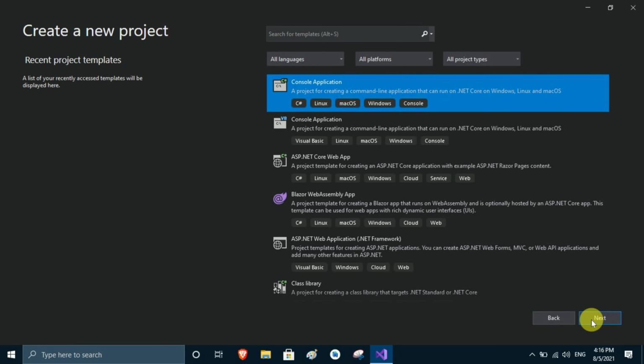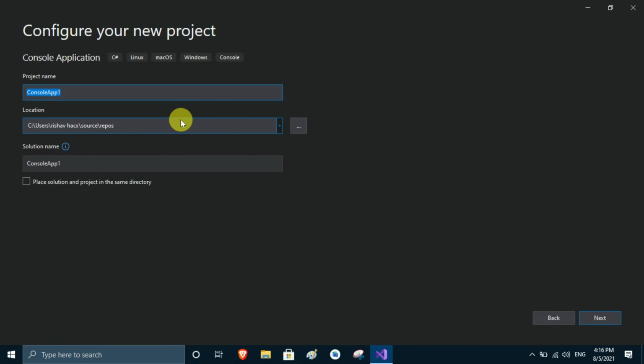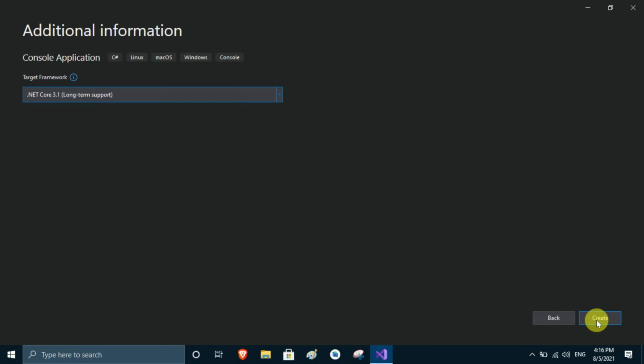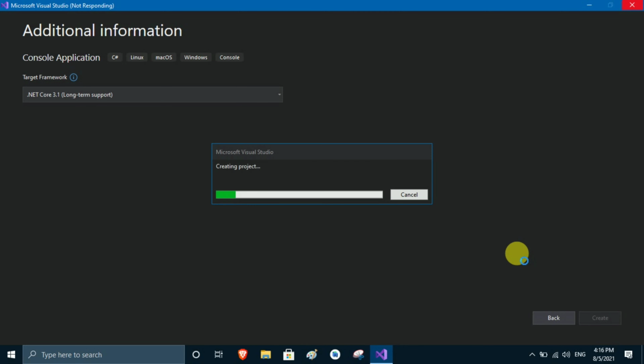So I click on next and wait for a few seconds. Now you have to give your project name. I give it the default name, click on next, and the target framework is also default. So we click on the create button, so it will create a project for us.